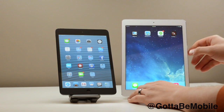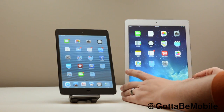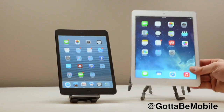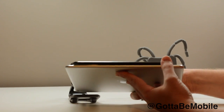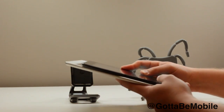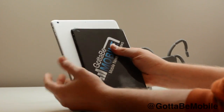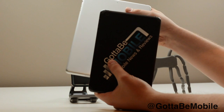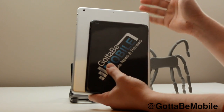That's not to say there aren't some great advancements here. This is also lighter. It's a pound versus 0.68 pounds. So we have an easy to manage device. It's very thin. Both of these devices are practically the same size. If you look at them here in person, you're not going to be able to tell which one is thinner, which one is thicker. But as I mentioned multiple times, ultimately the iPad Air becomes kind of a commitment to carry, because if you're going to head out and you don't want to take a bag or something like that,